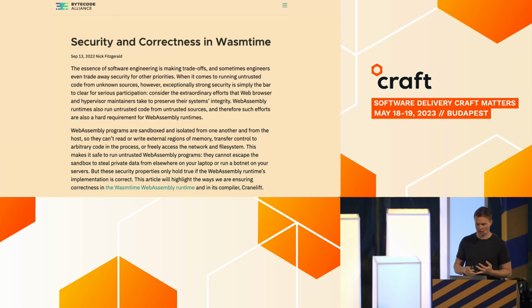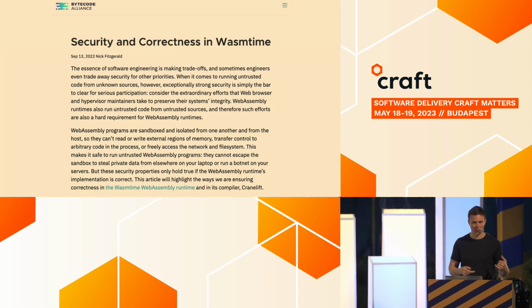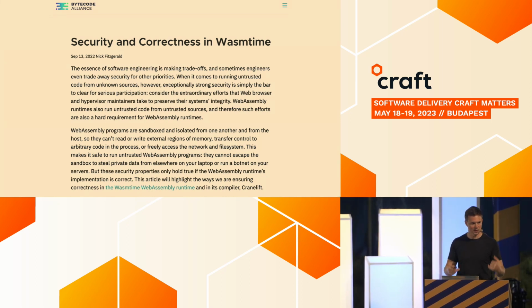They use Cargo Vet, which is part of the Rust toolchain, for protecting against supply chain attacks. They have a fuzzing framework, they do formal verification, and they go out of their way to limit the use of unsafe Rust. You can check out this article, which describes their approach. I think the other runtimes are going to have to follow suit here, or they're really going to become irrelevant for industrial control systems, IoT, and critical infrastructure.